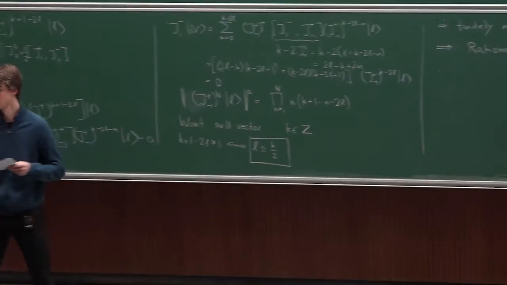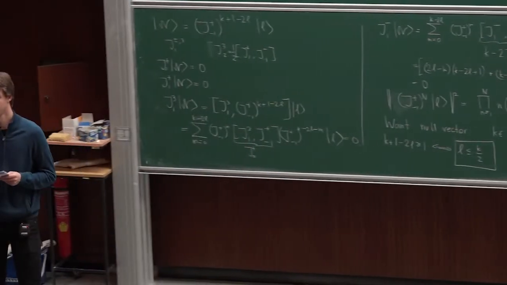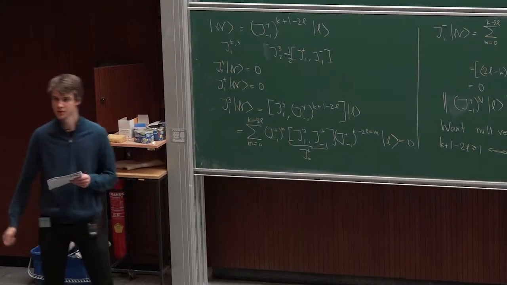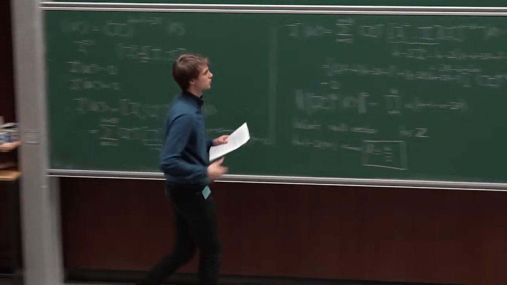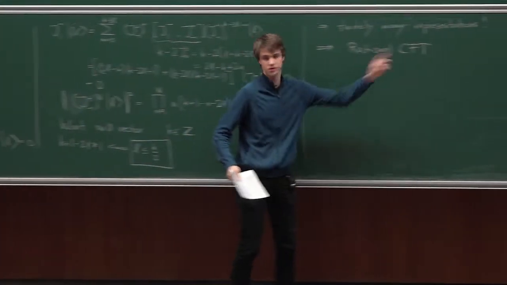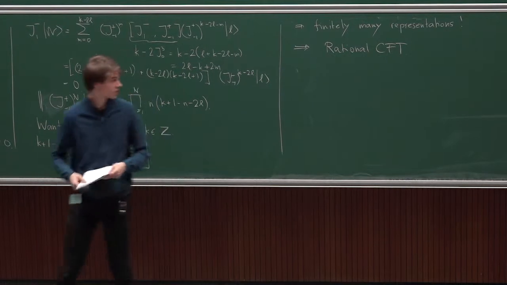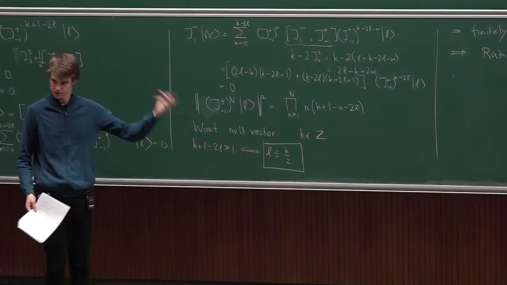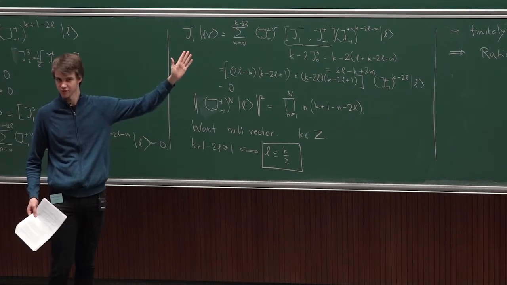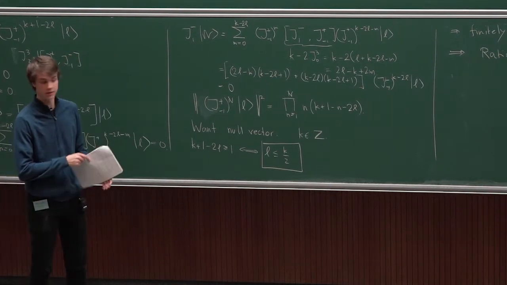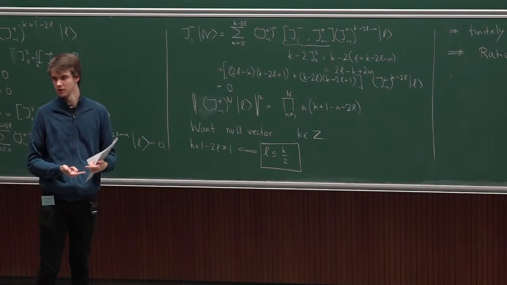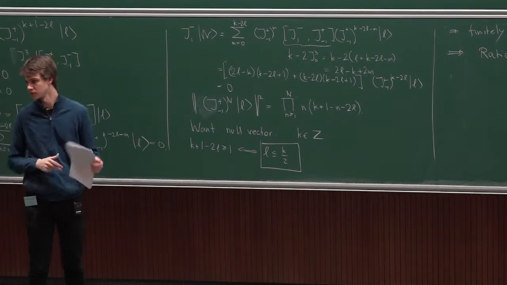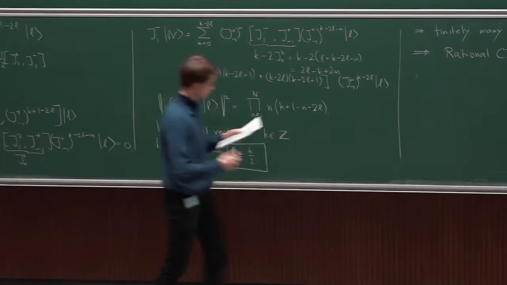So does the fact that this is a rational CFT have something to do with some number being rational? Yes. The question was why it is called a rational CFT, is there some rational number? Indeed, you can show that if your CFT is rational in that sense, it has only finitely many representations, then the central charge as well as any conformal weight in the CFT is rational. That's where the name comes from.